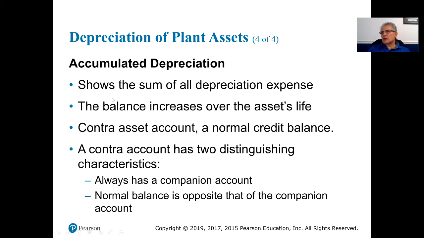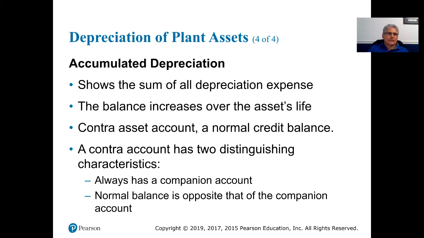Okay, so let's go through and see how the textbook described accumulated depreciation. It shows the sum of all depreciation expense. The balance increases over the asset's life. The balance increases, but remember, it's a credit balance. So the balance increases on the credit side, in effect lowering the value of assets over the useful life of